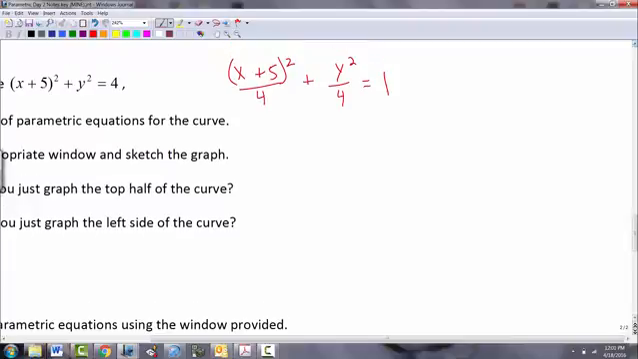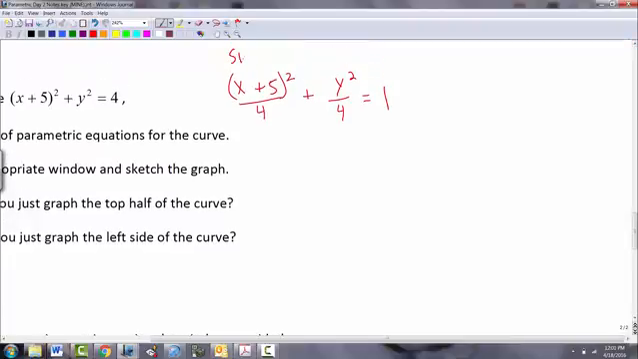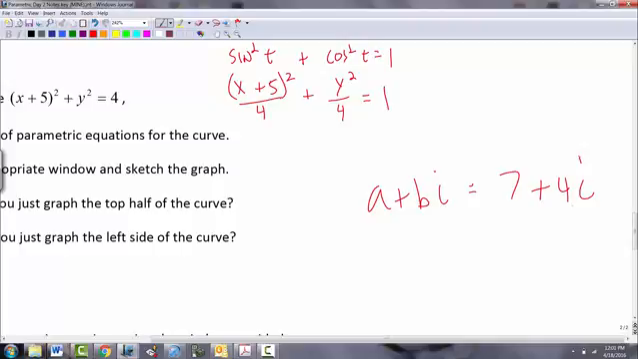Sine squared plus cosine squared. So what does that mean sine squared could equal? Remember this? A plus BI equals 7 plus 4i. What's A equal? 7. What's B equal? This is just a matching solve of equations. You know, if I put a 7 here and a 4 here, then this is balanced. So if I put a what here,